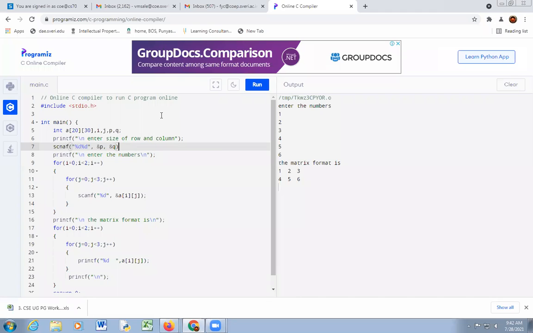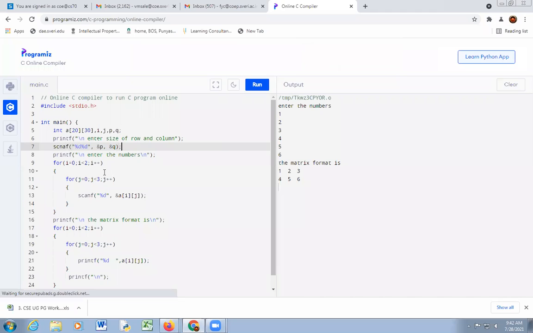Okay, here I am taking row size and column size through the keyboard.